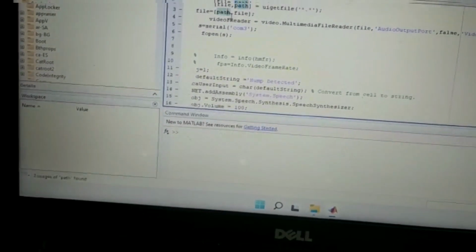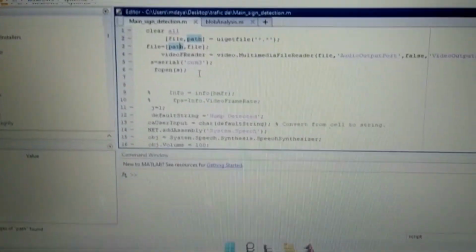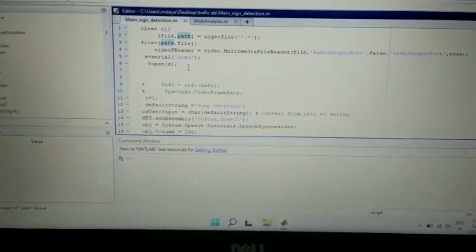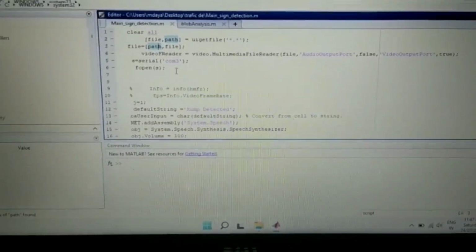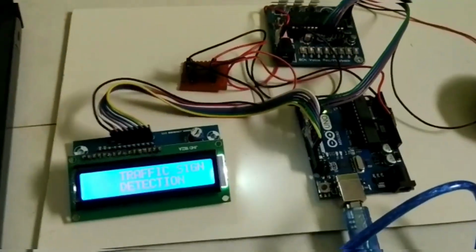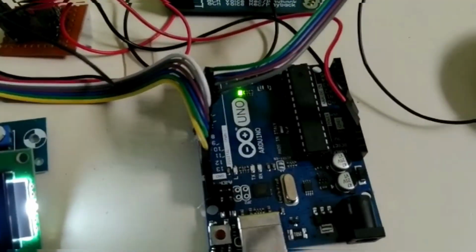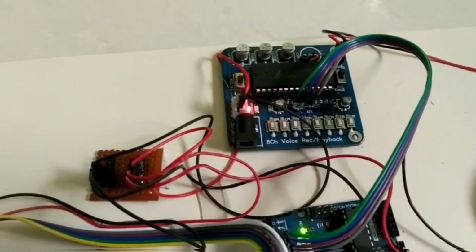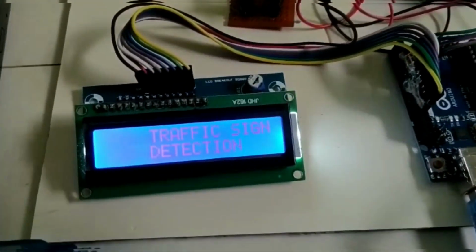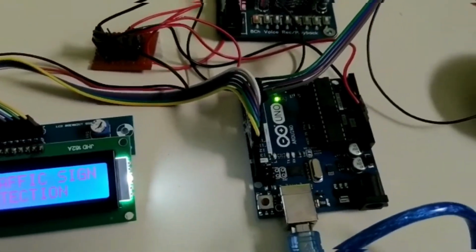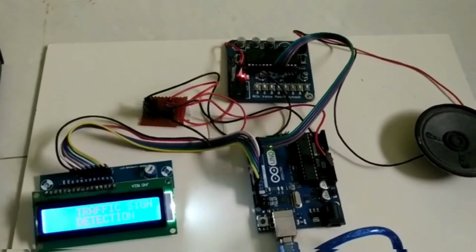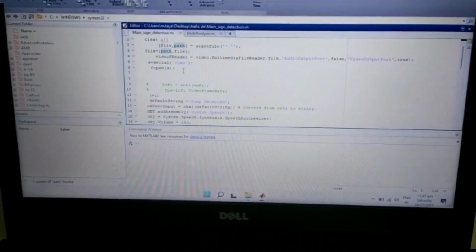Video frame rate means that after capturing the data, we take a snapshot of that video, convert that snapshot into images, and convert the images to grayscale, so that we can easily get a clear 256 by 256 resolution image. After getting the clear image, we can easily detect the traffic sign by using this hardware, so that the user can easily detect the signal within a shorter distance and be alerted, to avoid accidents. We are demonstrating this hardware and software. This is the traffic sign detection project.